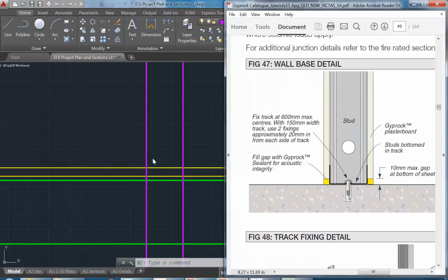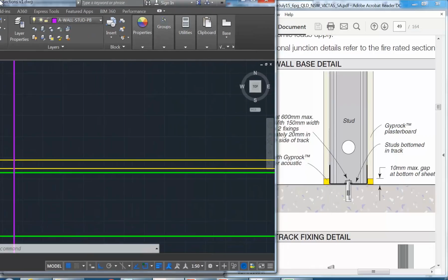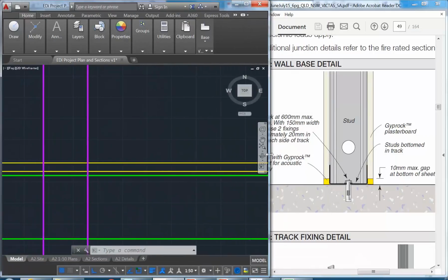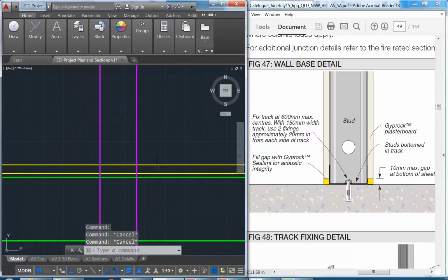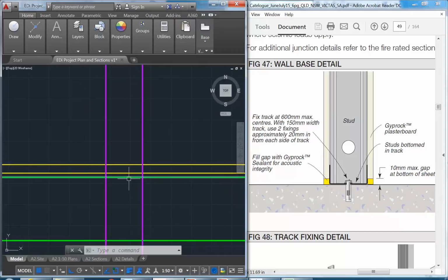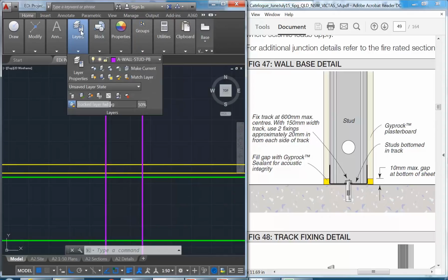Okay, so here it's important that I realise that the line I'm seeing here at the top is the floor lining. So I've got there the green lines, which are my slab, and that is what the wall needs to be attached to. So I'm going to trim